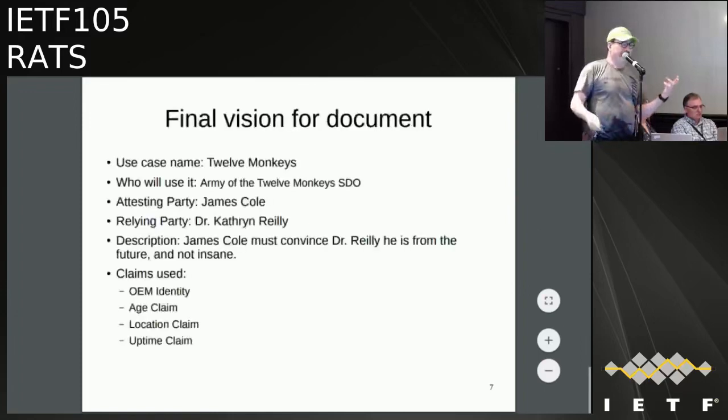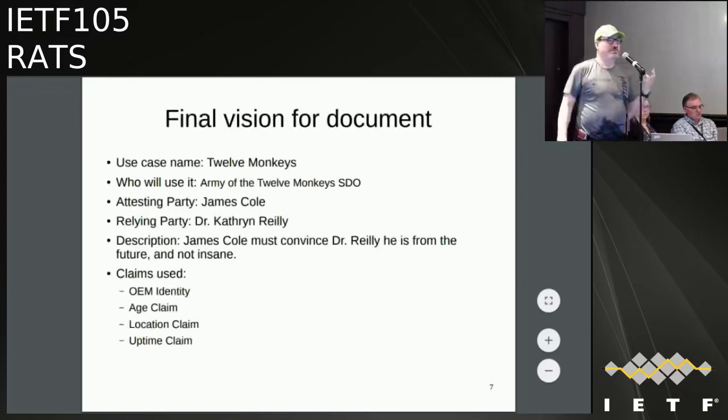All right. What I've envisioned for the use case document is a series of pieces like this, though it doesn't look like this right now. So there'll be a series of things. What's the name of the use case? Who is going to use it? What is the goal of this? If there's a list of 12 protocols or standards that will make use of this thing, great.